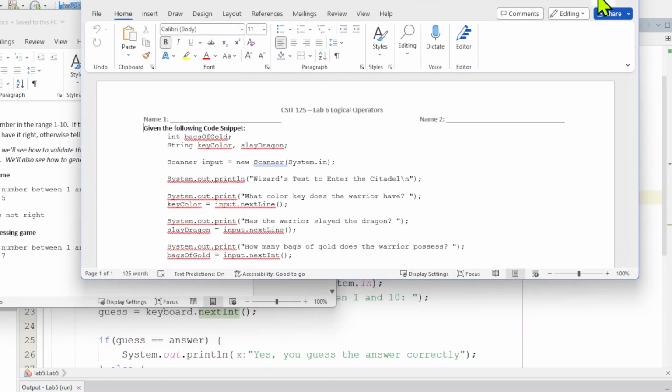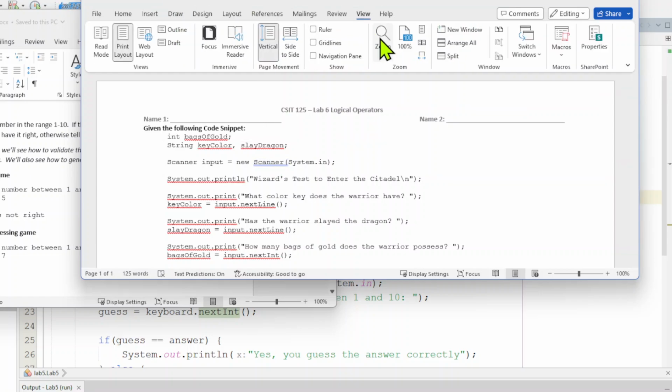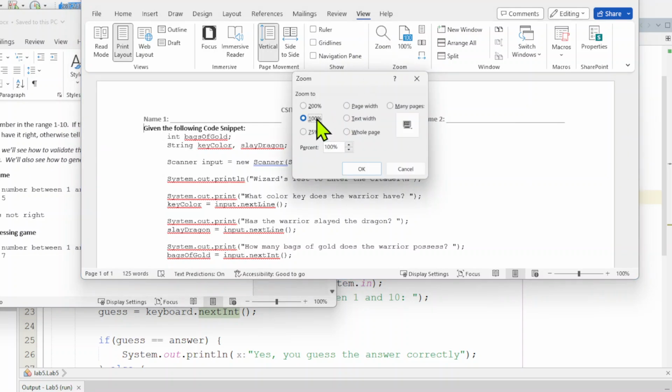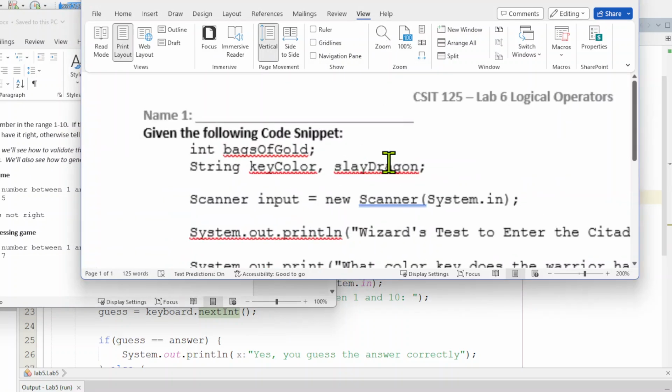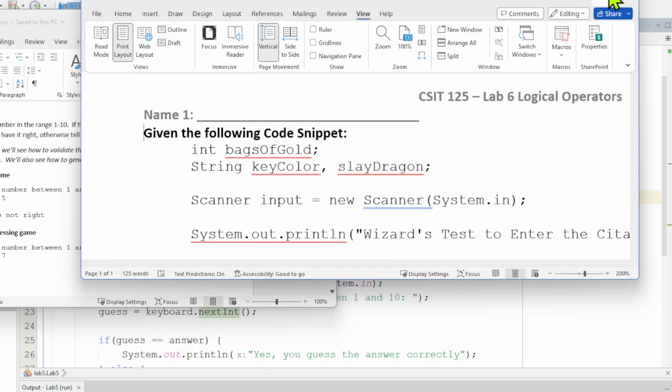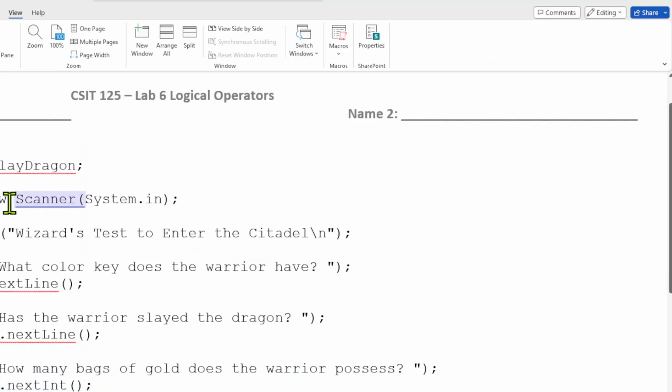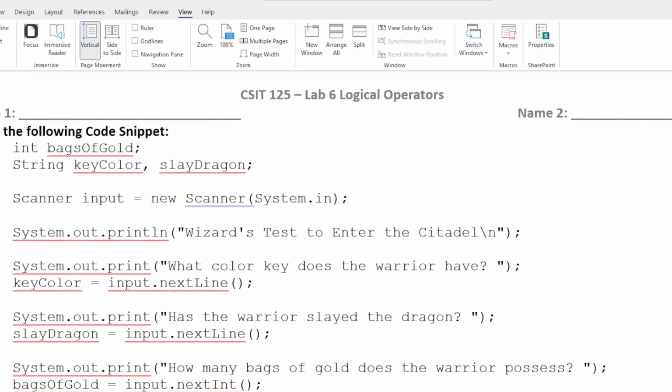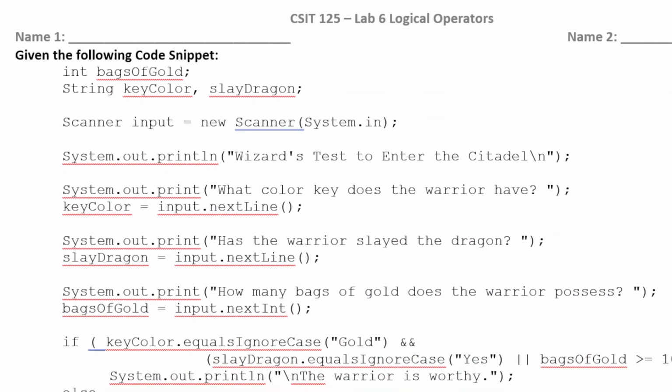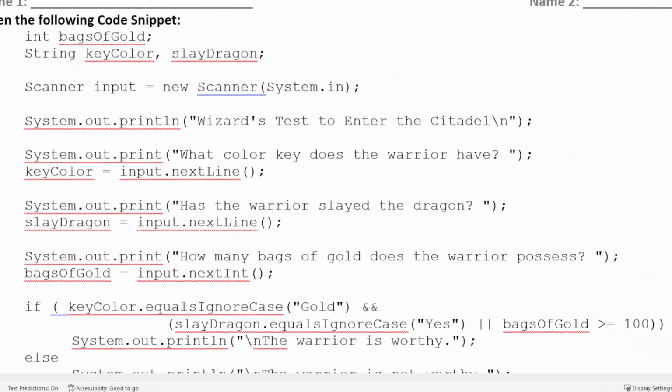I'm going to tell you what I'm going to get the view a little bit bigger. We can try to zoom in some more. Here, let me adjust my screen. Okay. All right, cool. So we're going to look at this code snippet, then we're going to answer some questions based